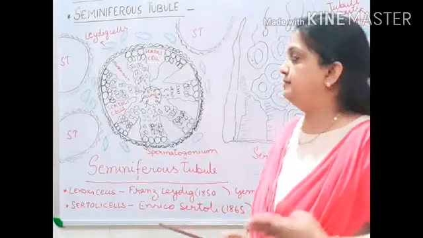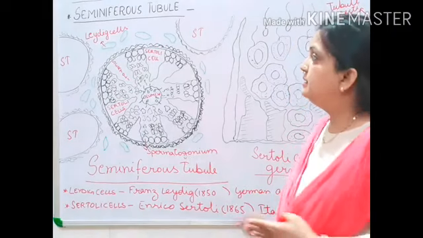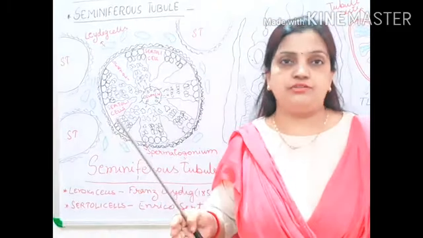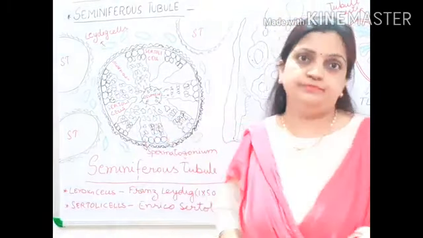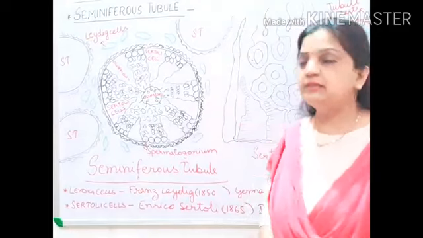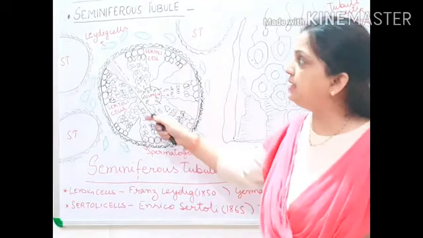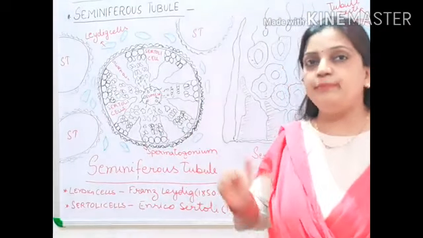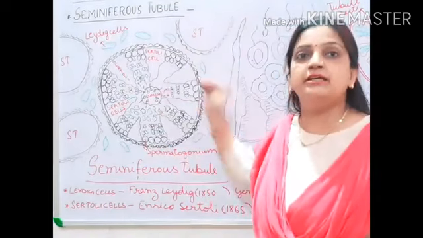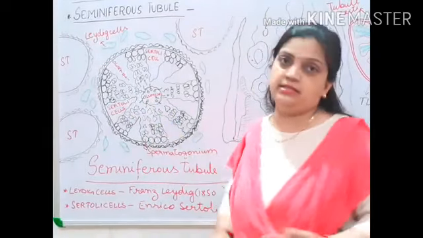Now moving ahead, we will be studying about spermatogonium cells. Then we will be studying what is lumen and the detailed structure of the seminiferous tubule. Now children, it's very important for us to know the difference between Leydig cell and Sertoli cells. What is the main difference? First, all basics I will be explaining. Then I will be explaining the internal structure, the anatomy of the seminiferous tubule. So, what is the difference between Leydig cell and Sertoli cells?